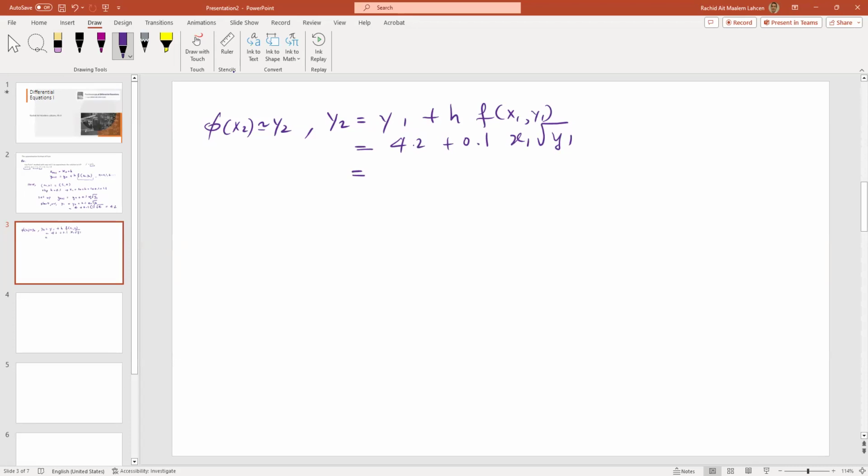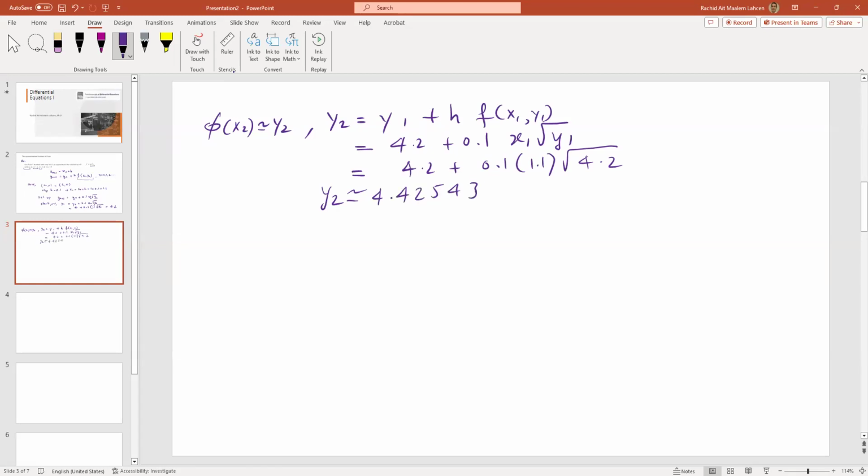We know x1 and y1, so 4.2 plus 0.1 times 1.1 times square root of 4.2, and with some calculation, y2, now rounding,